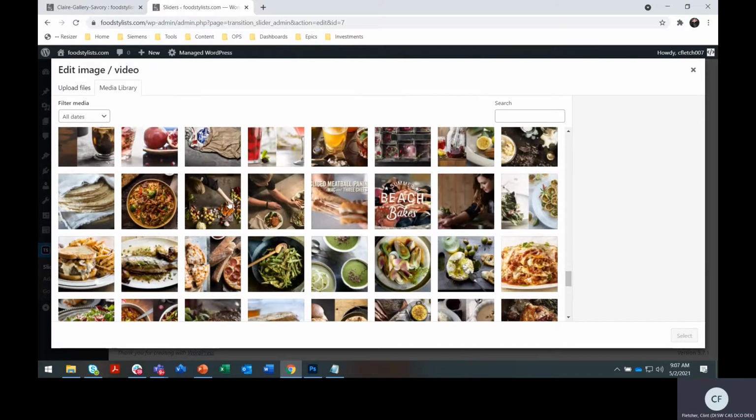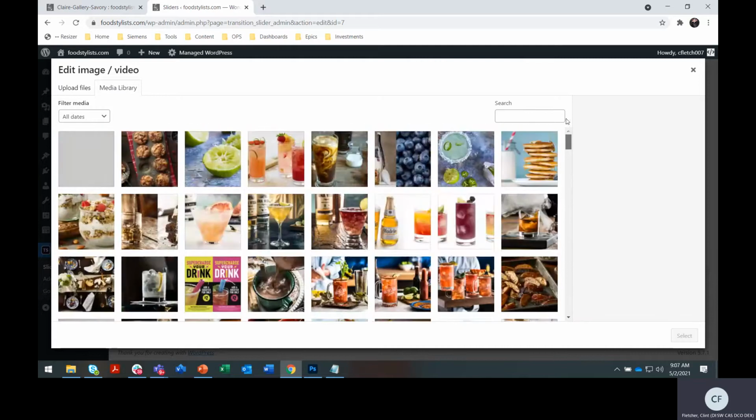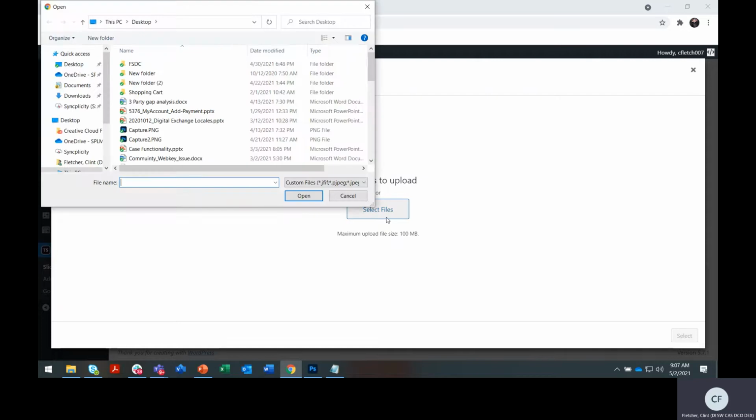You'll see a whole bunch of familiar images. These are your about us images down here, some of the homepage images and so forth. So this is your media library. And to upload images to this library is super simple. It tells you, you can drag files or hit upload. You can select files and then go find them on your computer, or you can simply